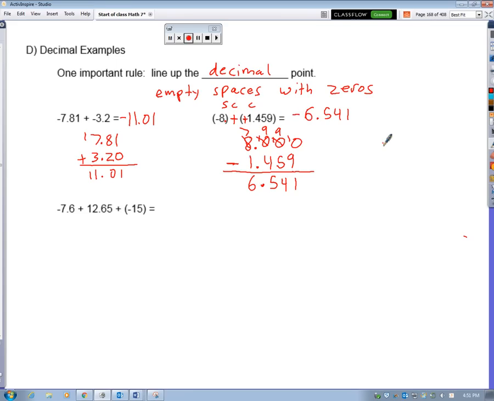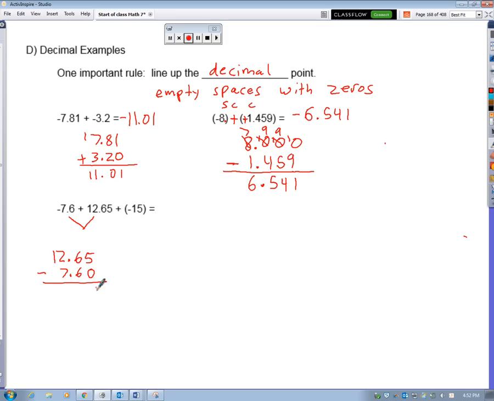Alright. We have some combo problems. These right here, this time we got 3 numbers together that we're going to add. That's no problem. Remember, start from the left, work our way to the right. We're going to deal with these two first. They are different, so we're going to have to subtract them. So I'm going to work that problem out right down here, 12.65, and then I'm going to line up 7.6. Notice how I put the bigger number on top, filled in the empty 0,